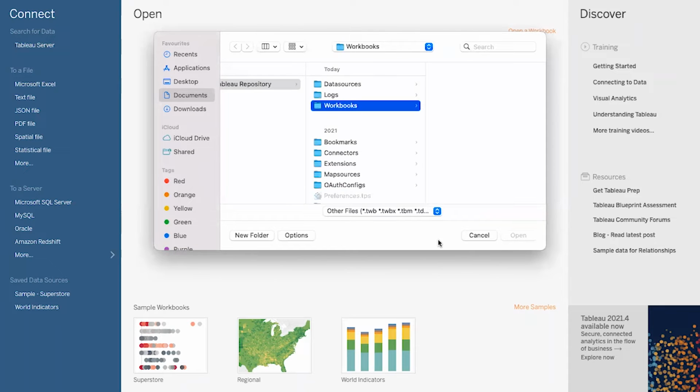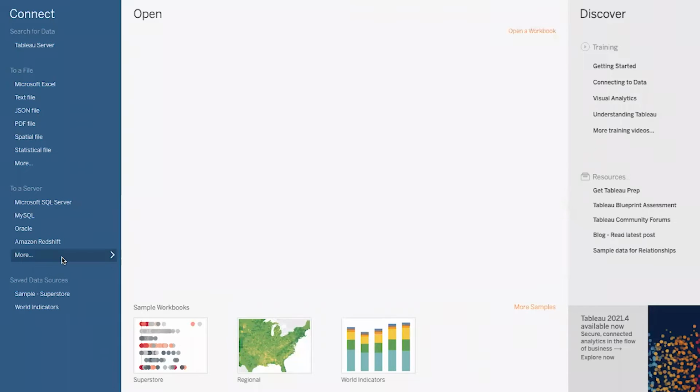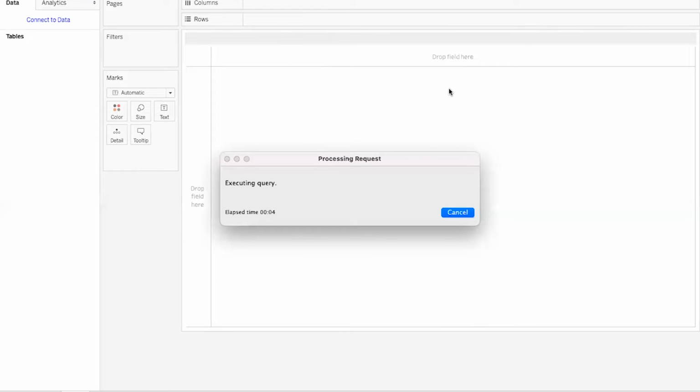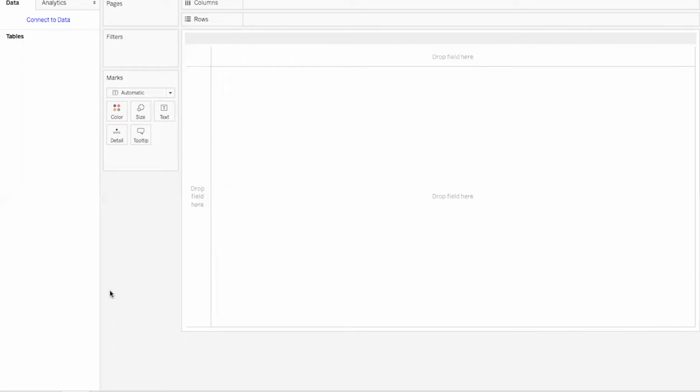Apart from these, we can connect to any number of data sources. We have approximately 50 to 60 connections pre-built by Tableau, so there is no requirement to install any third-party drivers. I think it covers all the databases we have. Still, if anything is missing, we can always use ODBC or JDBC connectivity. I will simply select the sample superstore data, which is installed by default in Tableau. Once I click here, it redirects me to this page.